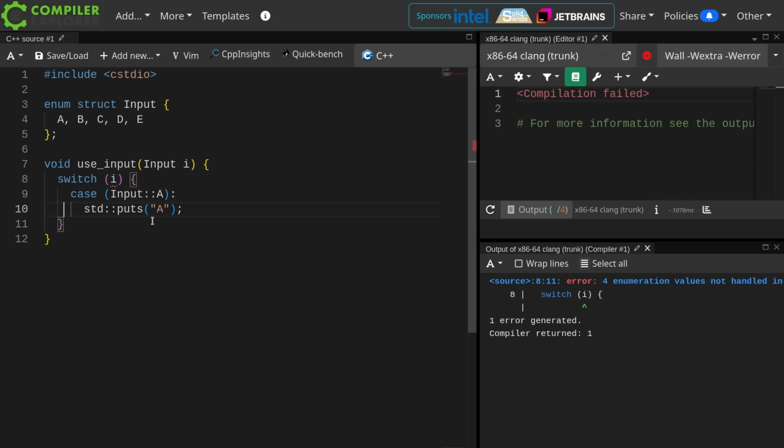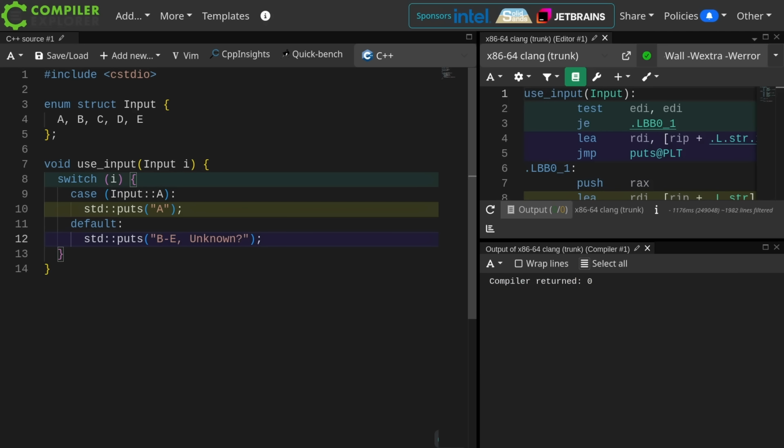There's a few ways that I can do this. I can provide a default, which I really don't like. Because the underlying type of this enum struct is actually an integer, the range of integers is the set of possible legal values to pass to this function. We don't think of enumerations that way, unfortunately, but that is how they work.